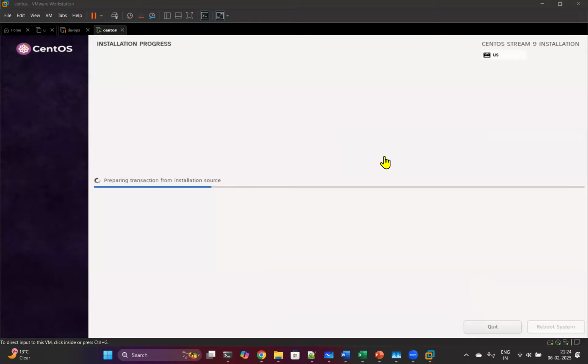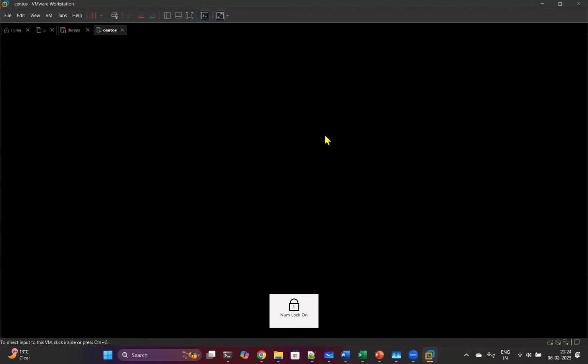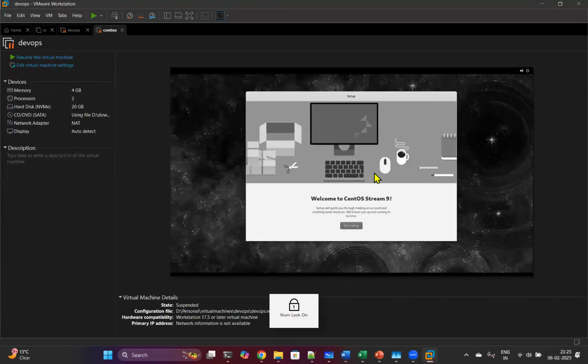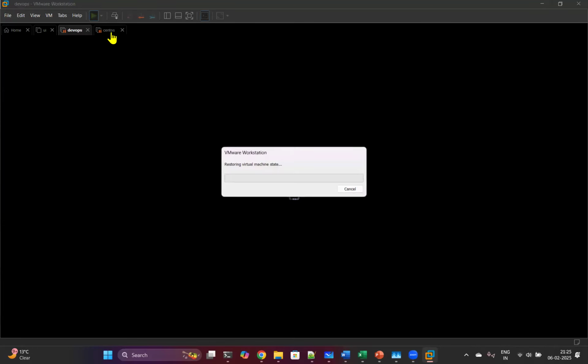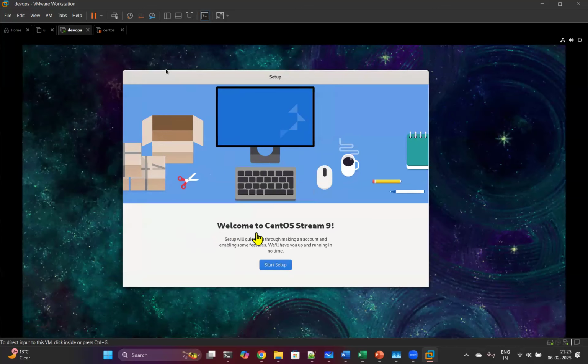Okay. So I've already done it for you guys yesterday. Let me just pause or hibernate this machine and let me resume the machine which I've already prepared. Okay, I resume this machine. So once the reboot is done, then you'll be taken to the setup page. This is the setup page. You will see this page. Welcome to CentOS Stream 9. After the reboot, this will be the page. Okay, click on Start